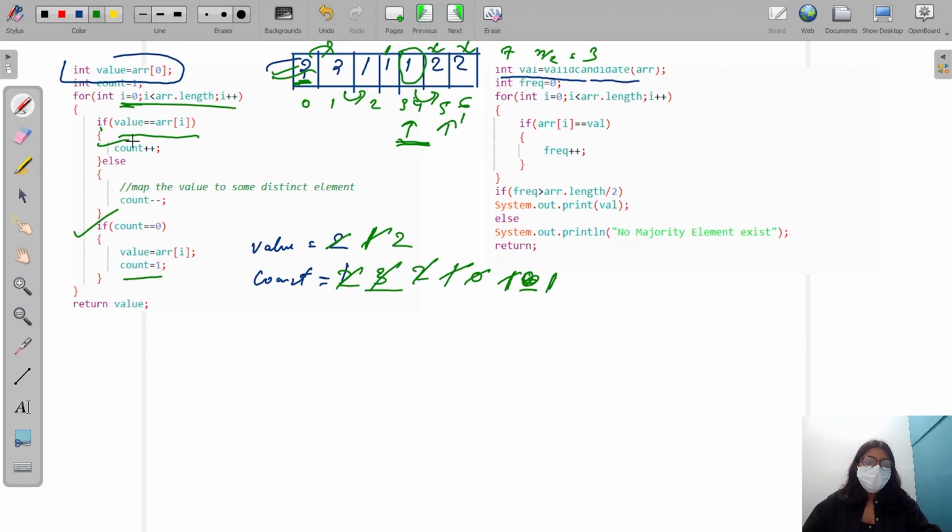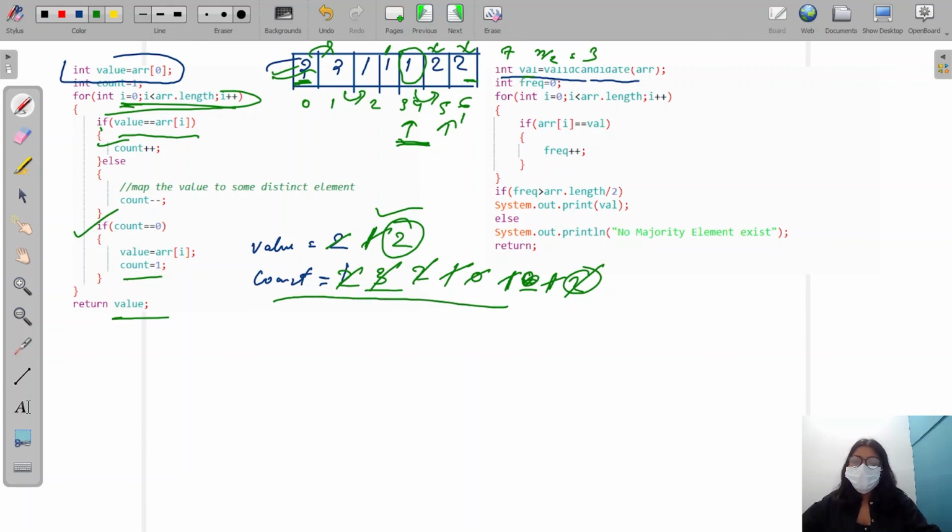Here it's equal to my value, so it's going to increase my count to 2 now. My count is increased to 2 and it terminates my loop. It returns my value, that is my 2. Now what is the last value of count? We are not concerned about that. We are concerned about value, that is, this 2 can be a valid candidate to be my majority element. So I return this 2 here. So in this case, my answer becomes 2.